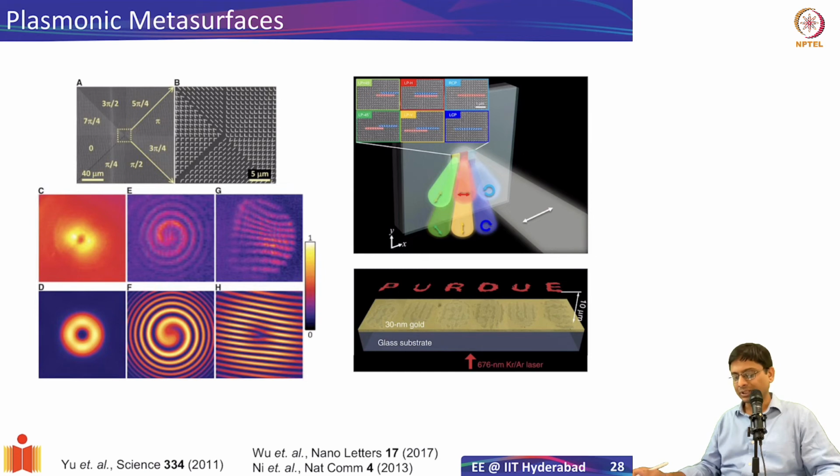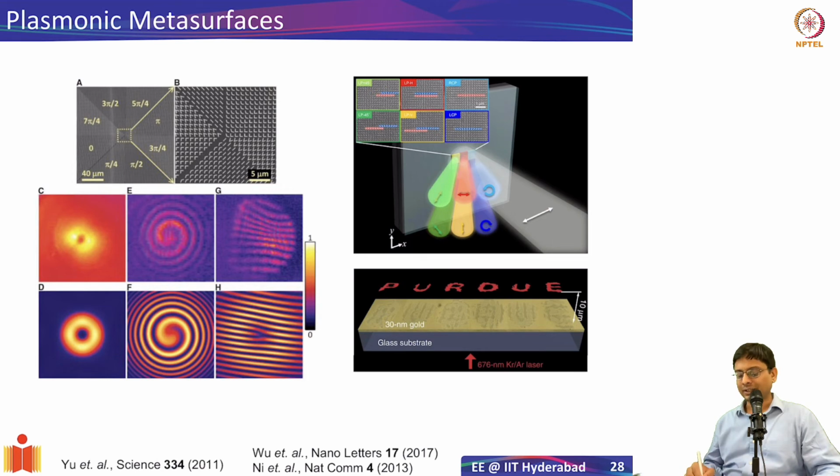One of them is, we talked about this two-dimensional variation of phases, right? So in the picture on the left, you see that the antennas were arranged in such a way that you create what is known as a phase vortex. For example, here you start out with 0, and gradually different sections of this square have different phases. So go from 0 to pi by 4 to pi by 2 and so on. If I change the entire phase by 2 pi, this is called a topological charge. If you have such a phase gradient, it has a topological charge of 1, and that essentially creates a